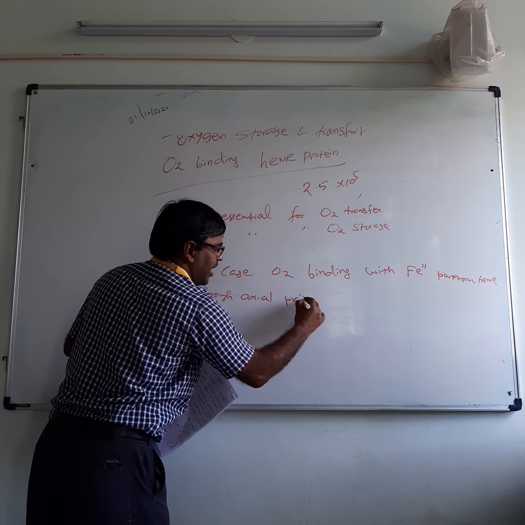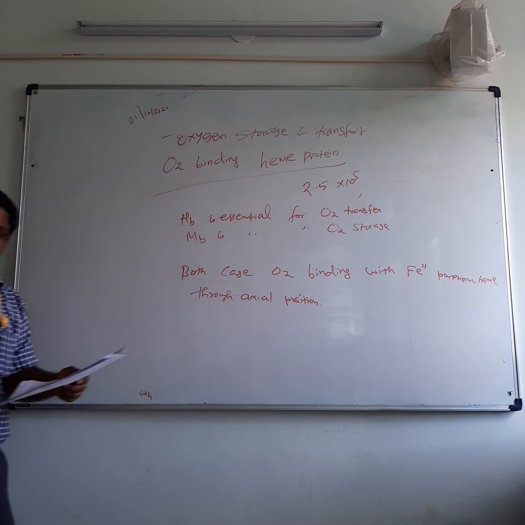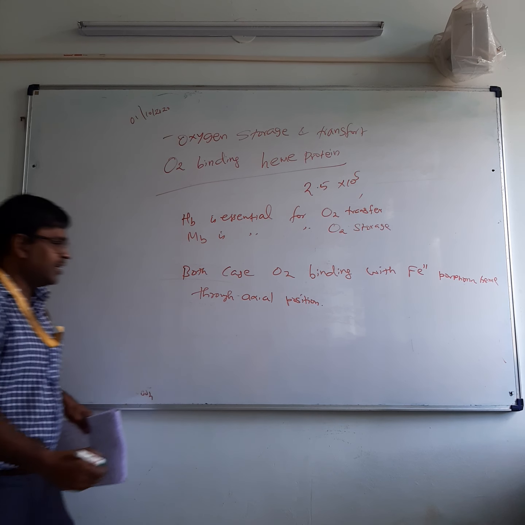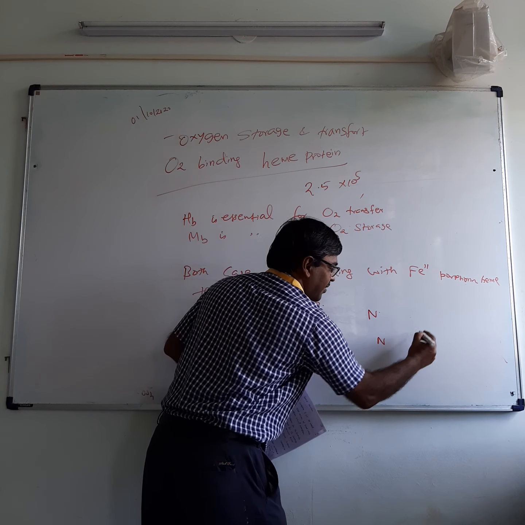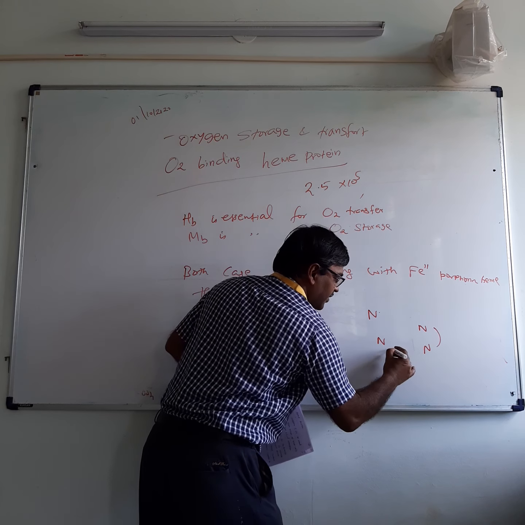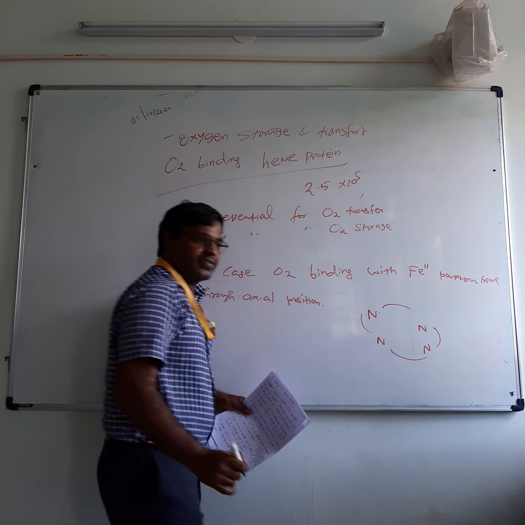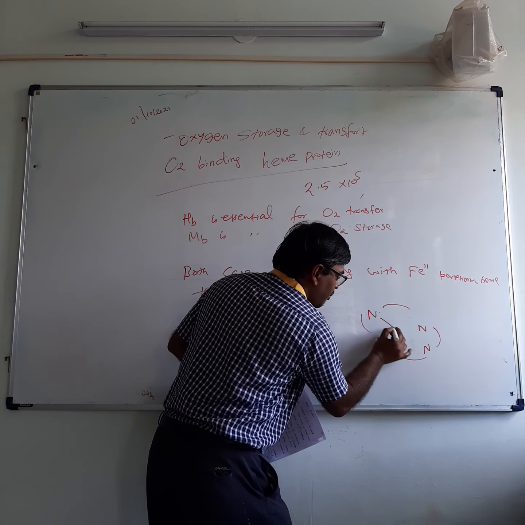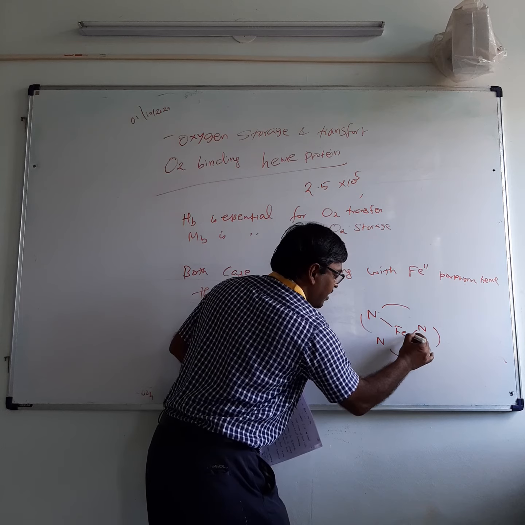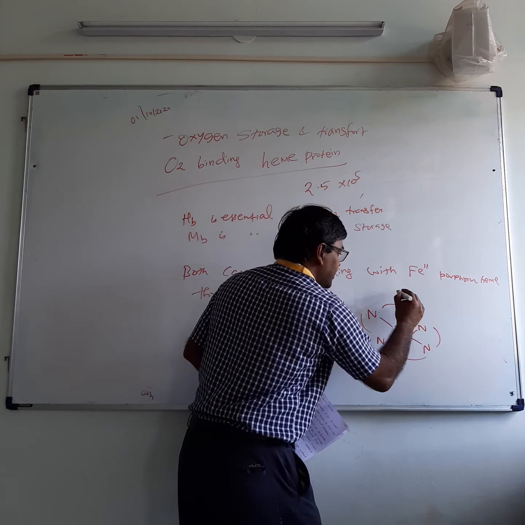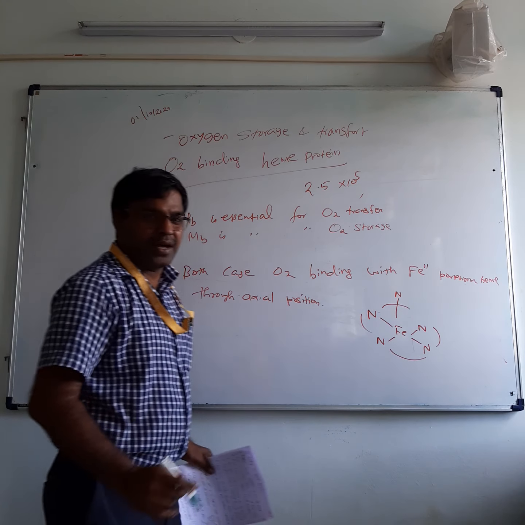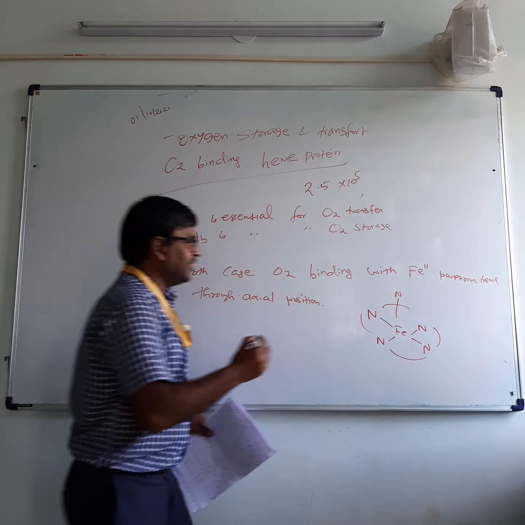It is binding to the axial portion. So if you see that, how can you represent it? You have the nitrogen. This is represented as a protoporphyrin. The 2 protons will be replaced with the iron and 2 nitrogens will be coordinating. Then you have the fifth position, which will be coordinated with the nitrogen of the imidazole. It is basically the imidazole unit.